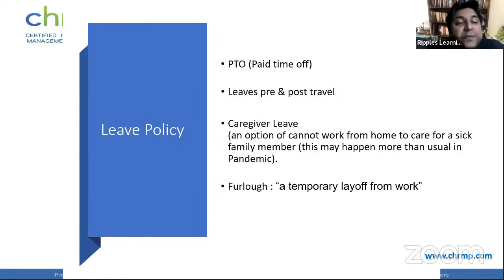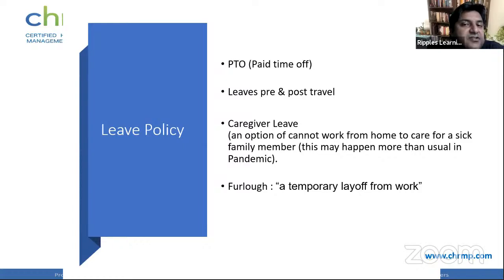Then there is concept of PTO, they are saying paid time off. So people who are suffering from corona, not only that, if just in case the work is not needed by a person to do, but as part of a goodwill gesture, you want to ensure people are getting paid, whatever amount of salary that we are talking about, you are giving them paid time off. That is something that you need to think in terms of bringing in terms of leave policy of today.